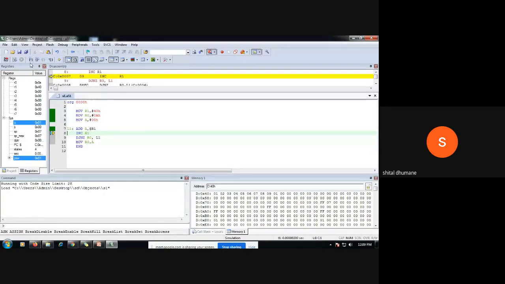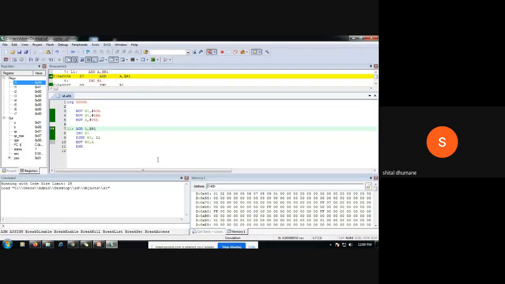Now next, see here. Your R1 will become now 41. You decrement the counter, it becomes 9. Now this 2 will get added from next memory location. This 2 gets added with accumulator contents, it becomes 3. Again, R1 becomes 42 memory location, decrement your counter. Again, 3 will get added with 3, sorry, 6, 3 plus 3.